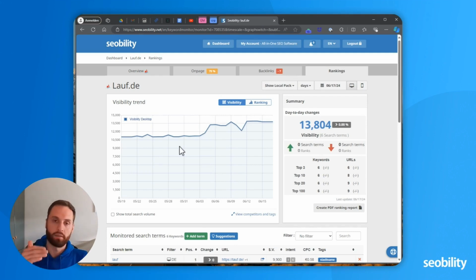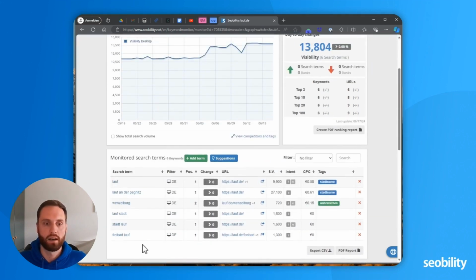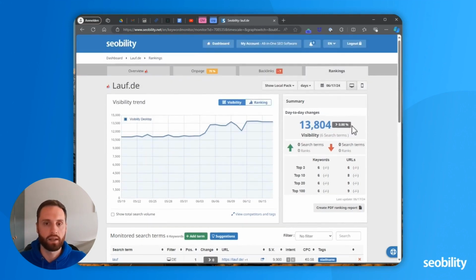The further up you are, the more share of the search volume you are basically directing in terms of traffic and visibility to your website. So based on some assumptions and data points, we calculate this visibility score for you. And essentially from all of your keywords, we combine them and it's your total visibility score.